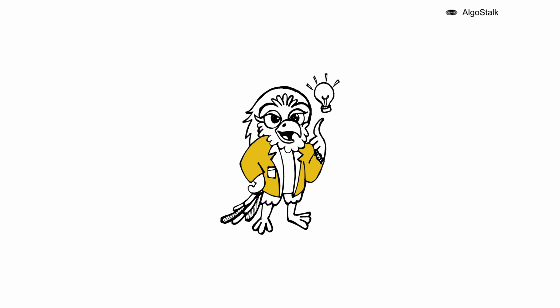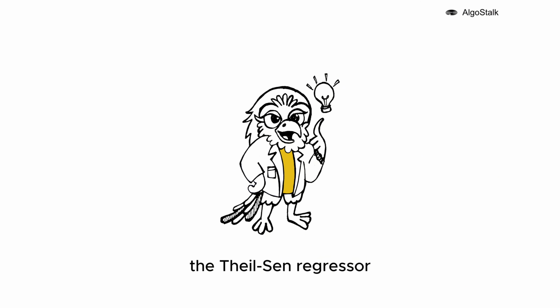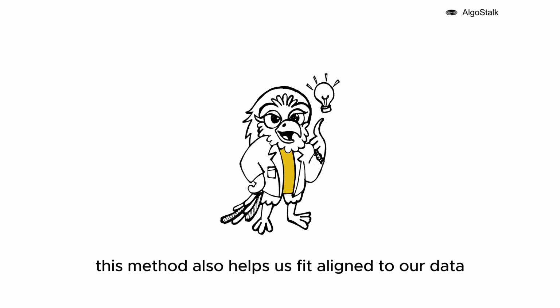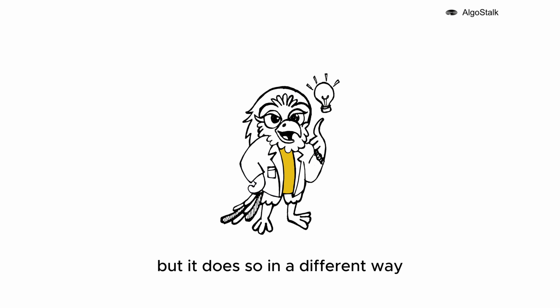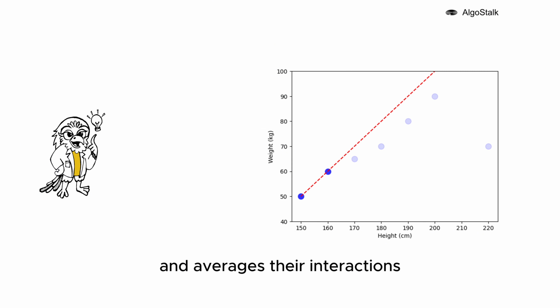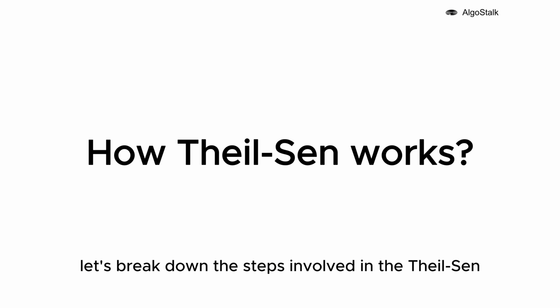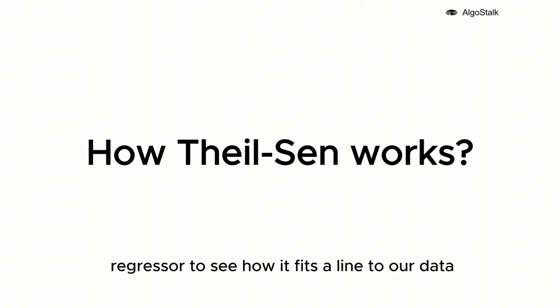Theil-Sen Regressor. Now that we understand RANSAC, let's talk about another clever detective tool, the Theil-Sen Regressor. This method also helps us fit a line to our data, but it does so in a different way. It's like a detective who takes multiple pairs of clues and averages their interactions to get a better understanding of the case. Let's break down the steps involved in the Theil-Sen Regressor to see how it fits a line to